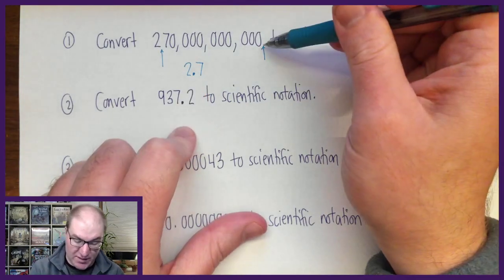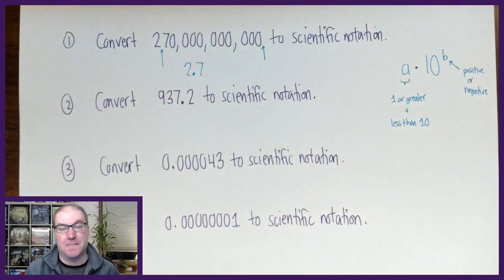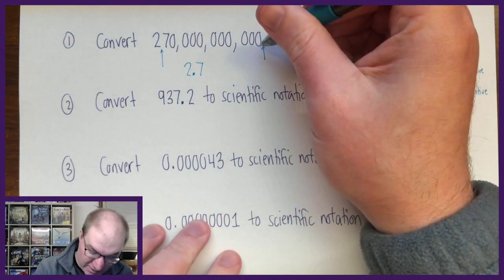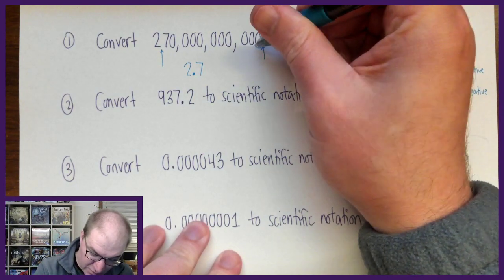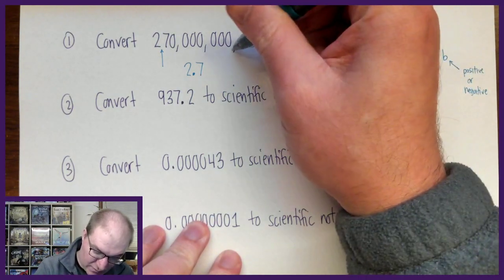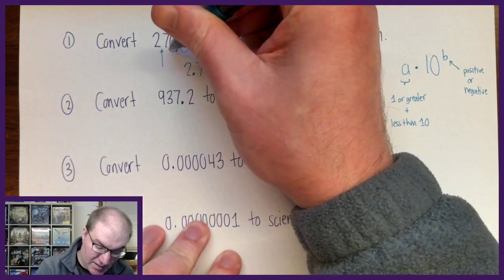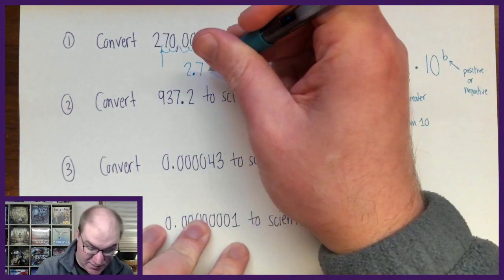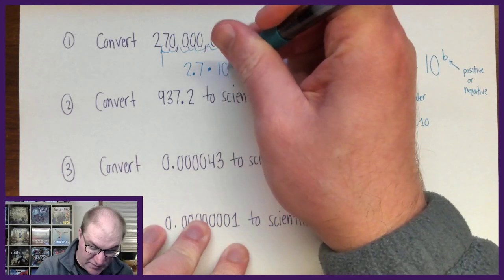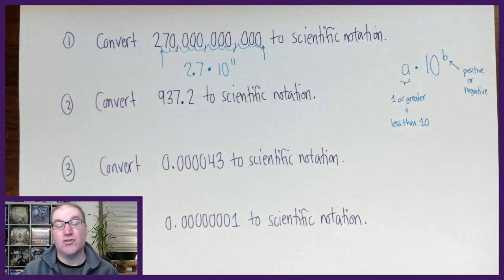So I need to move the decimal from there to there. So I'm going to count how many spaces that was. 1, 2, 3, 4, 5, 6, 7, 8, 9, 10. That was 11 spaces. So my answer in scientific notation is going to be 2.7 times 10 to the 11th